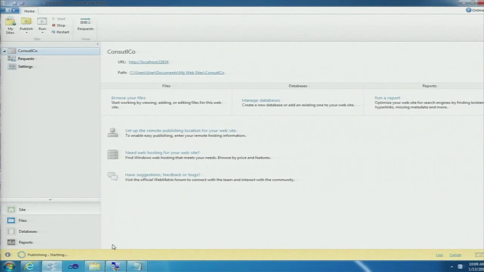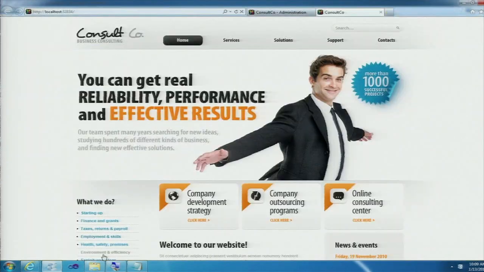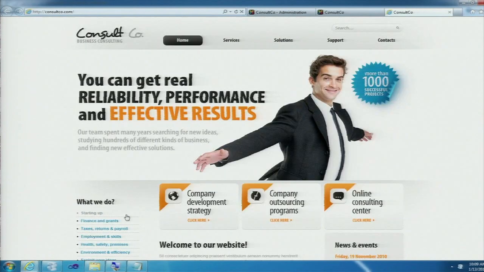Down below, it's giving us a nice little progress bar. So within just a few seconds, we should be able to see the new site published up on the web, ready for our visitors to see. And it's going through all of the updates. Excellent, publishing complete. I can click on the link, it brings us back to the web browser, opens up a new tab, and within a second we should be able to see the site as we saw it just before in preview mode, ready to go.